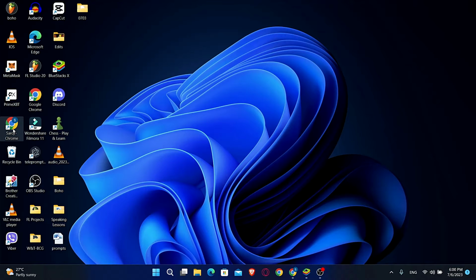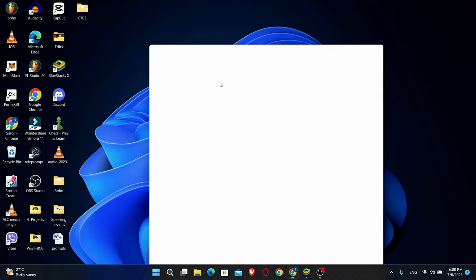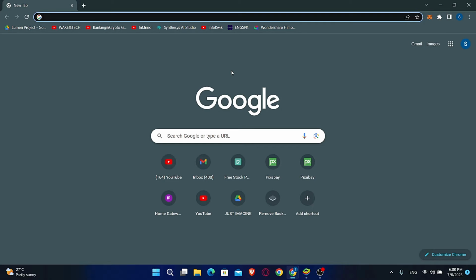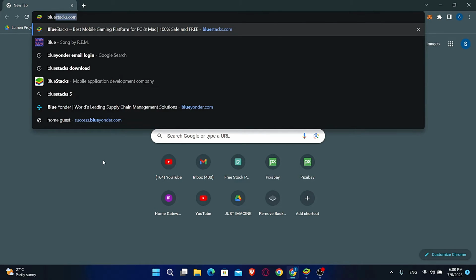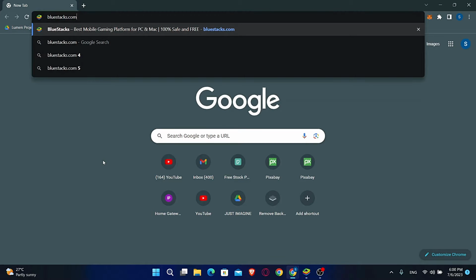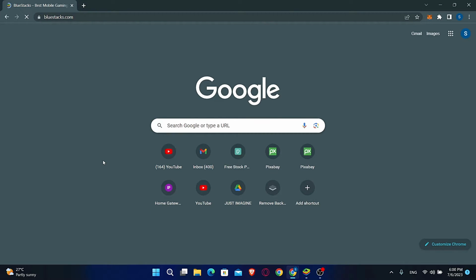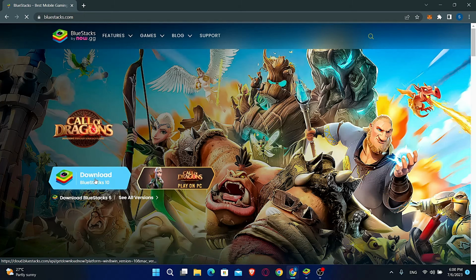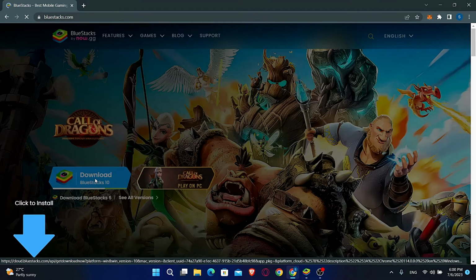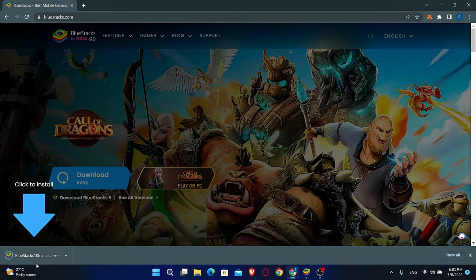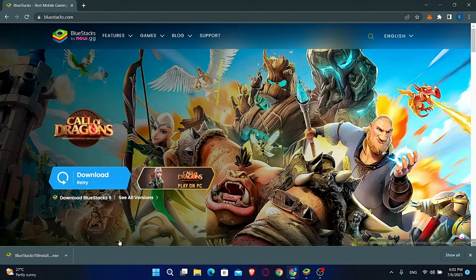So in order to do this, first of all, just open up your web browser and then download and install any Android emulator. BlueStacks is a popular option that works with most systems flawlessly. So go into bluestacks.com and then simply click on the download button to download the BlueStacks installer. Once the installer is downloaded, just go ahead and open it up and cycle through the next buttons to install